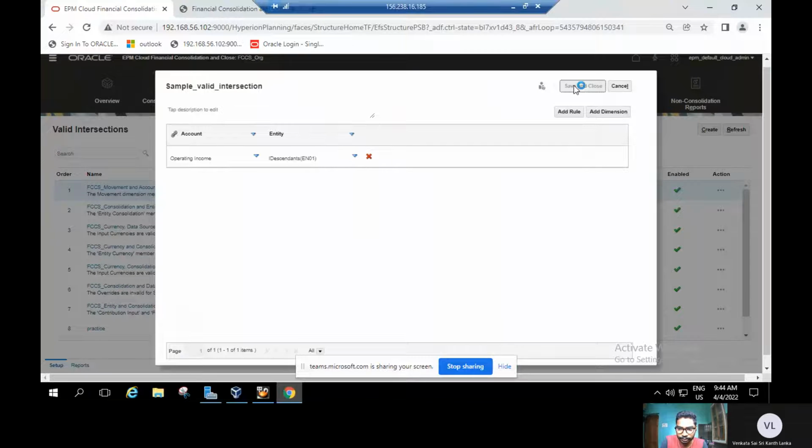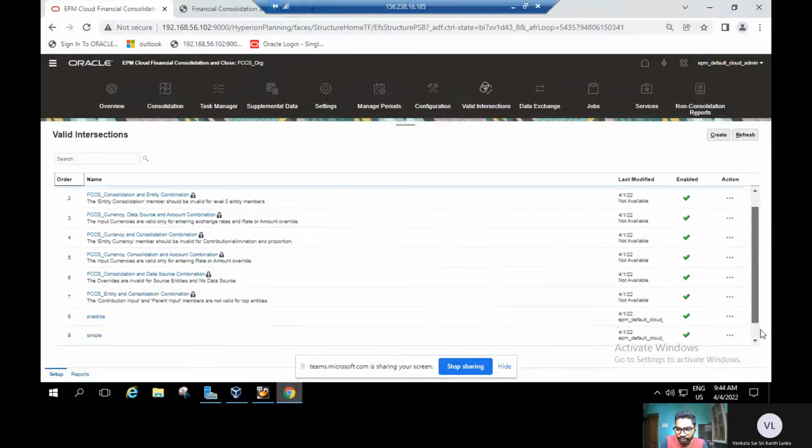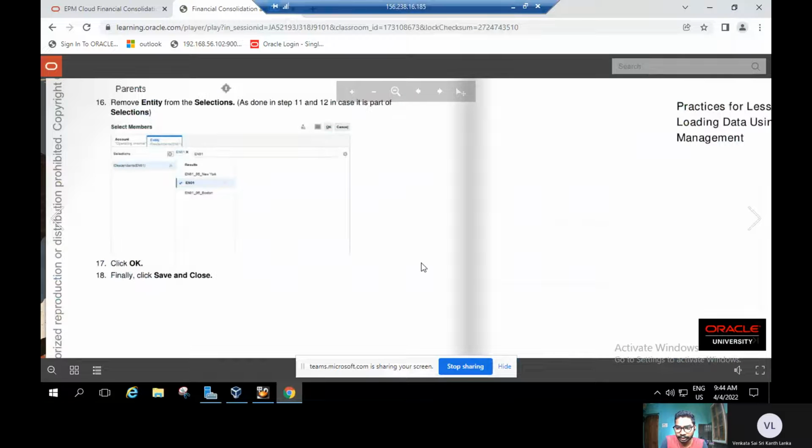Here is the Save and Close option. Finally, we need to click on that. After saving, we can see the sample valid intersection was created here. This is how we can create the valid intersections. Now coming to the next